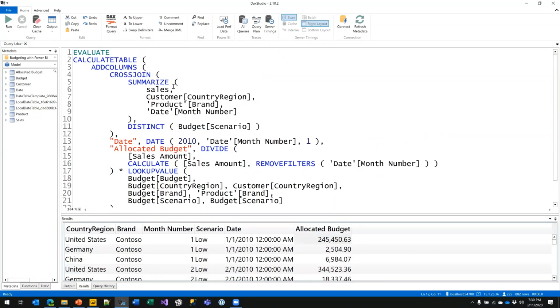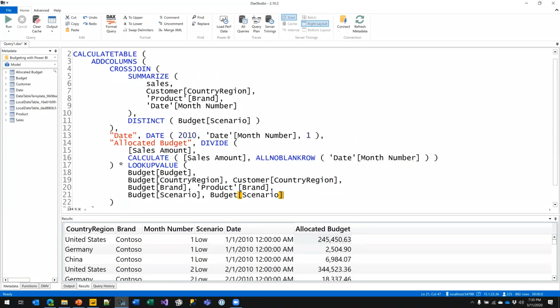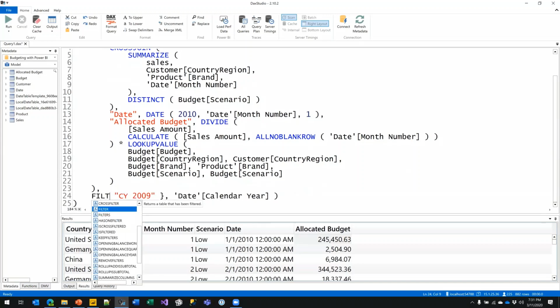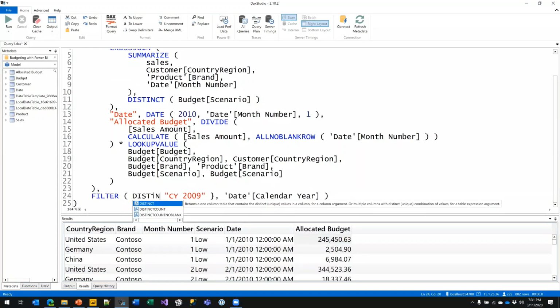Where are we using the blank row? Well, we have this date, but that's fine. We have these remove filters that might need to be an all no blank row. And these three tasks might be the problem. So we need to make it a filter over this thing.